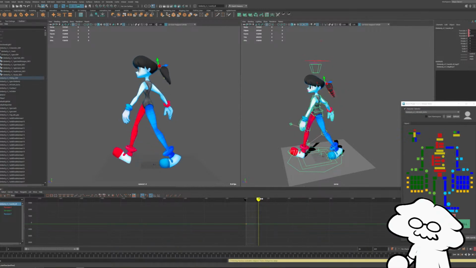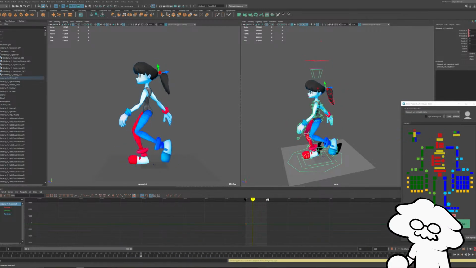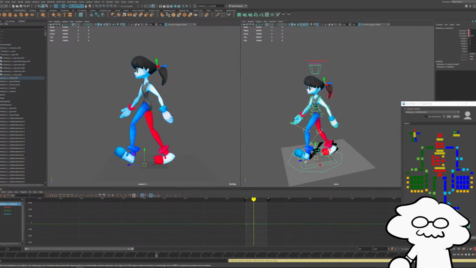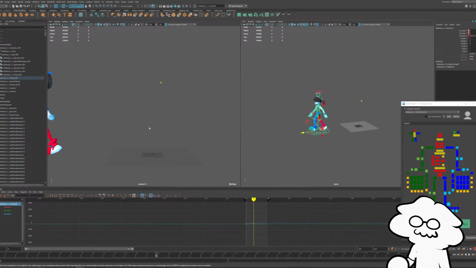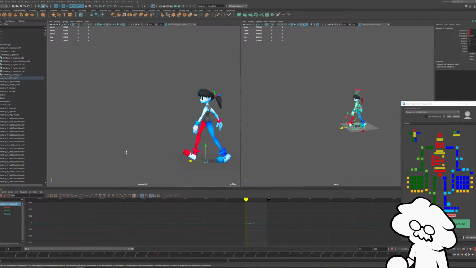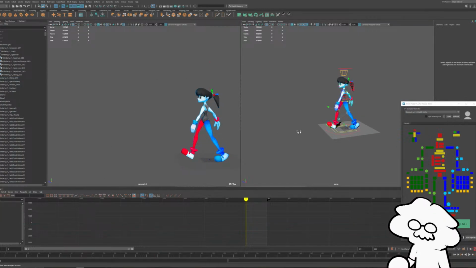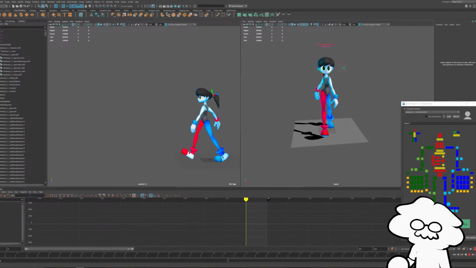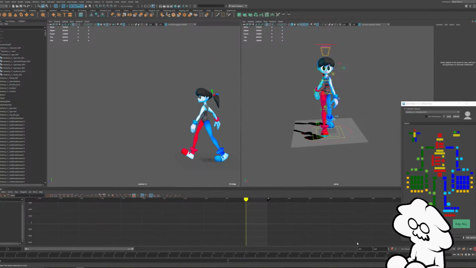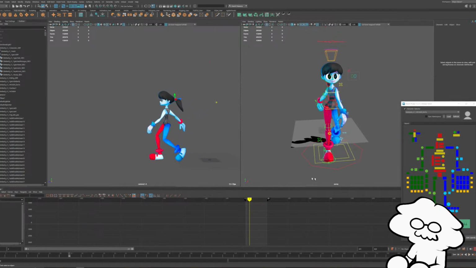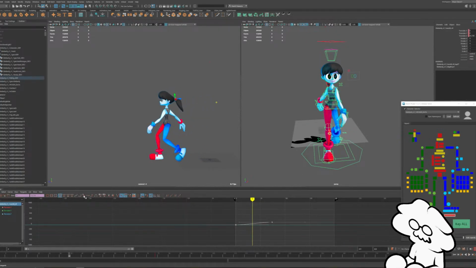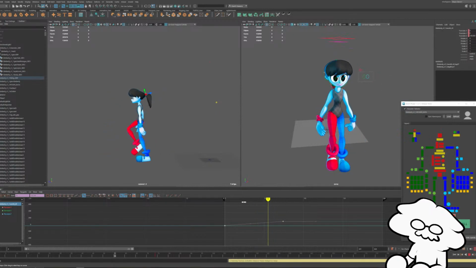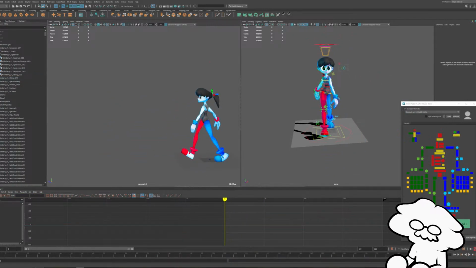Okay, let's have her walk forward a bit. Maybe frame 200. Since we were primarily animating at this angle, it's not going to look good at every angle. That would be part of the process, checking at all angles to make sure it looks good and nothing's turned too much or twisted and whatnot. But oh, let me make it a linear key. That was funny. But let's give that a shot.